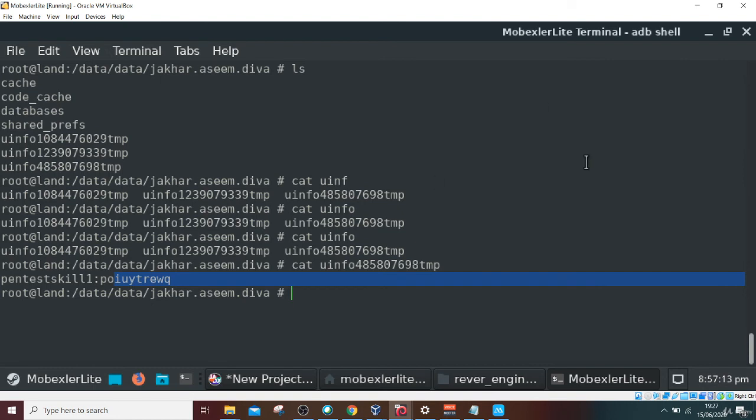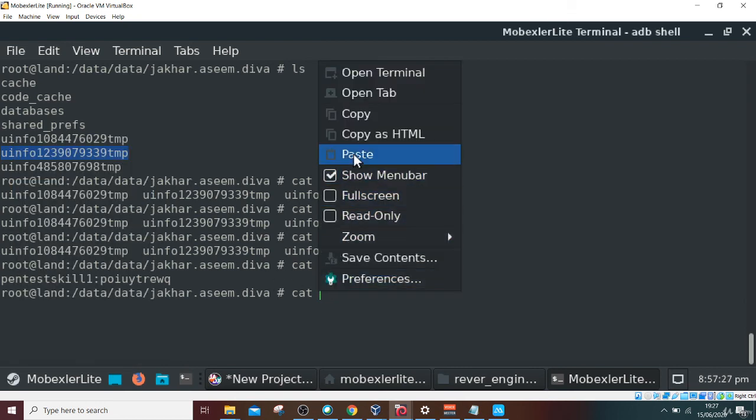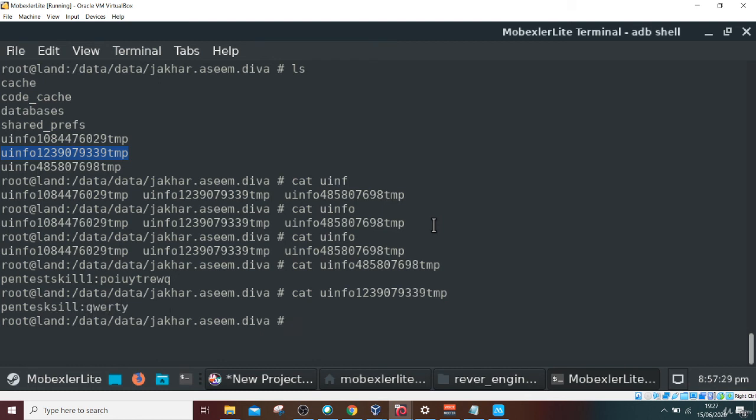That means it is storing the sensitive detail in plain text. Let's cat the other one. Press enter. See, qwerty and the pentest skill have been copied here. This is how you can retrieve all the sensitive details if the APK is not properly configured and is storing all sensitive detail in plain text.